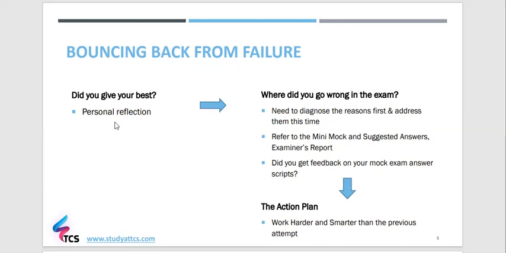You need to figure out whether you spent enough time for preparation, because as you know, from the time of the pre-seen release up until the exam, there are 6 weeks. So you need to have an appropriate plan about what you do within these 6 weeks. You need to come up with a study plan. Maybe you did not stick to a study plan last time. When you did the exam, you tried to complete all your preparatory work within 2 weeks or 1 week.